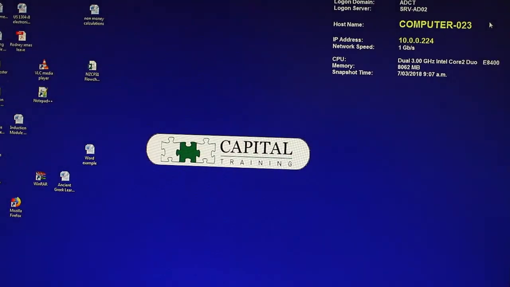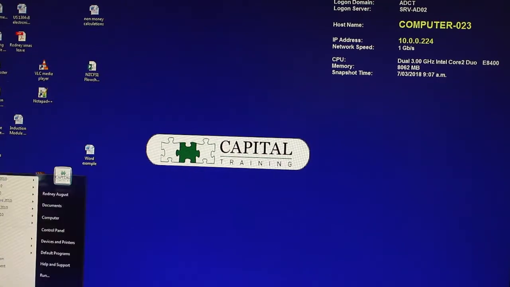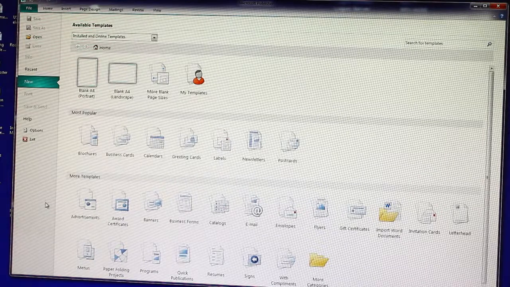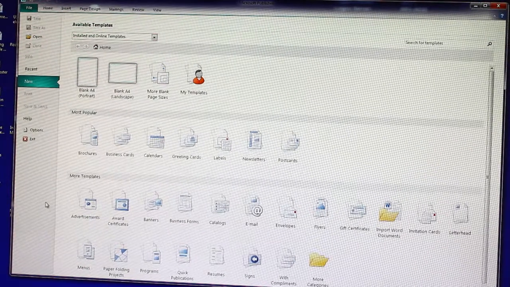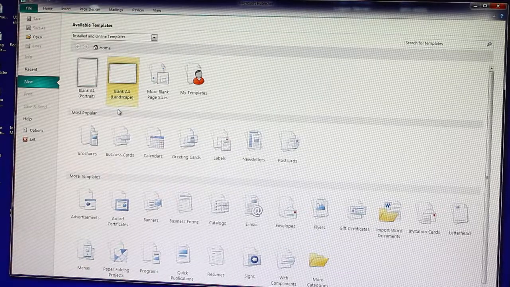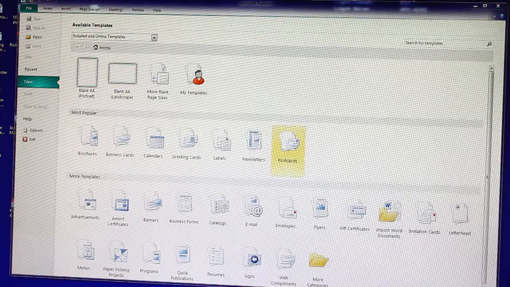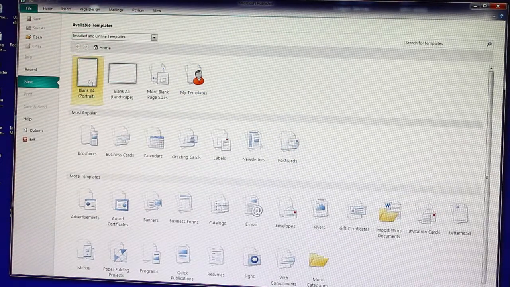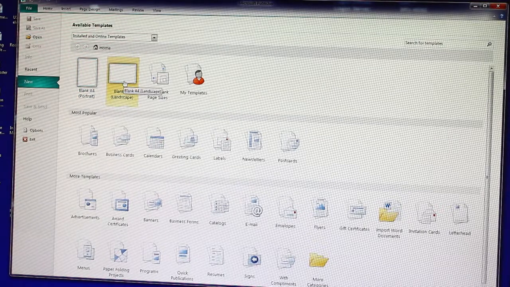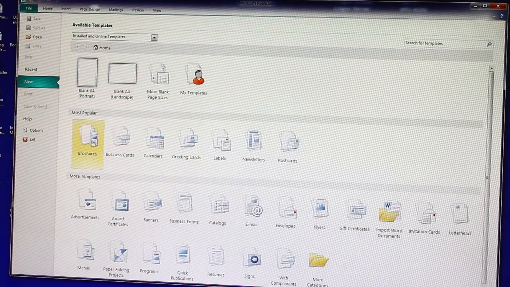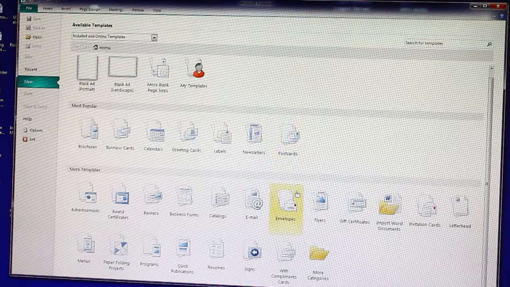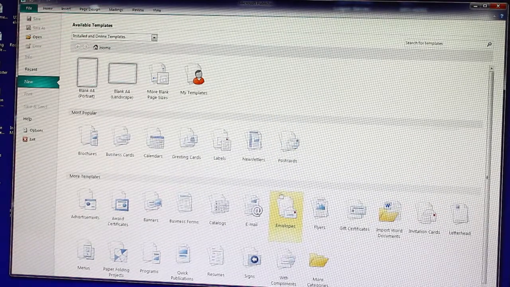Alright team, so firstly what we want to do is open up Microsoft Publisher. So we click it, we open it up and we come to this opening page. Now this opening page is pretty awesome, and that's because it's got a whole bunch of templates. So we've got the classic blank A4 landscape, but we've also got brochures, business cards, newsletters, postcards, a whole bunch of different documents that we have